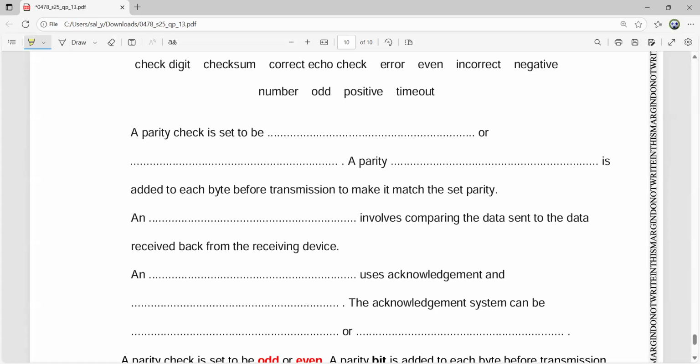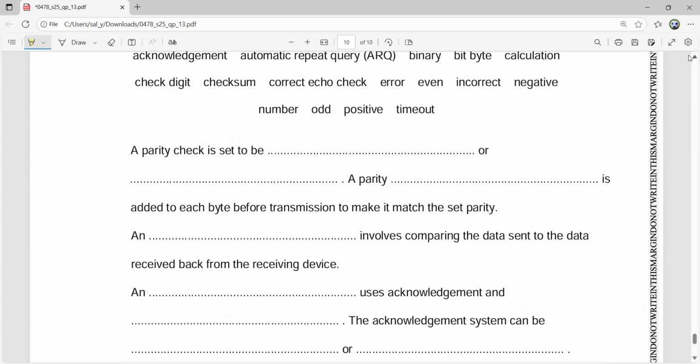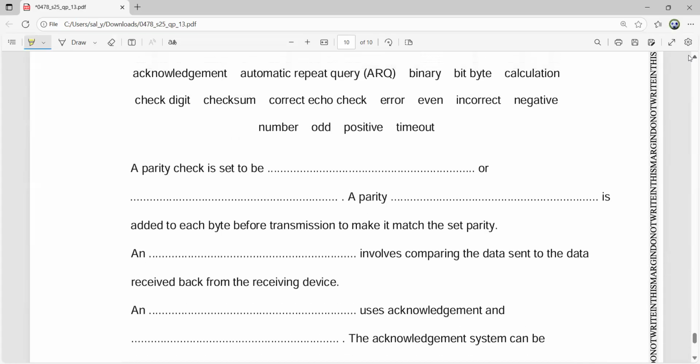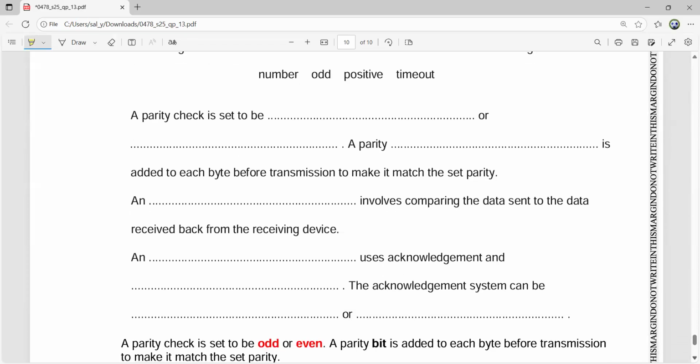And what about the next one, which uses acknowledgement and, now if you recall, acknowledgement and what? The terms are here. An echo check involves comparing the data sent to the data received back from the receiving device. And acknowledgement and timeout are part of ARQ, and the acknowledgement can be positive or negative.